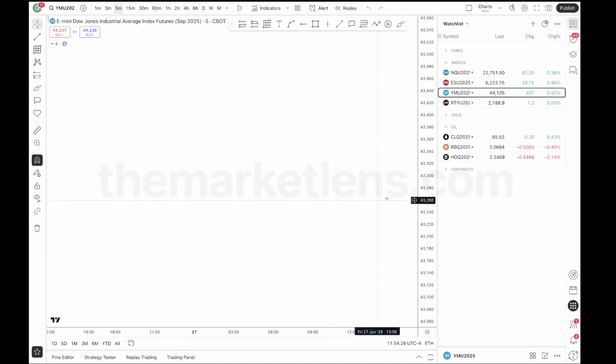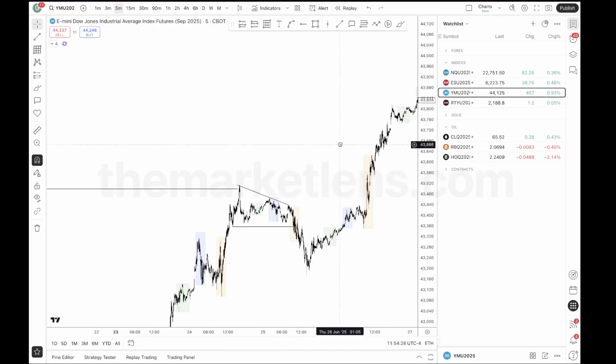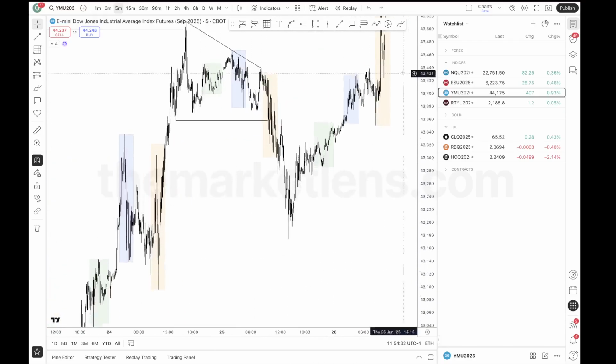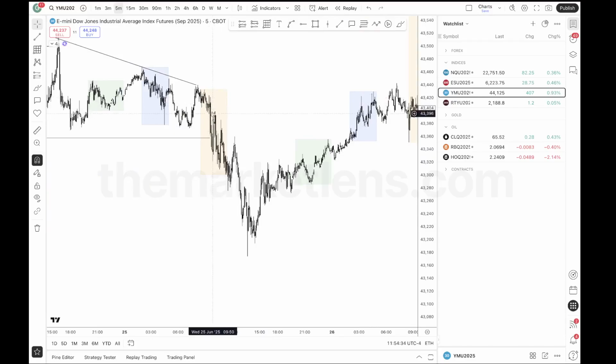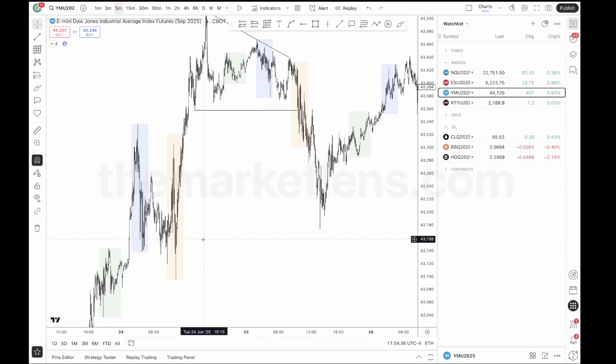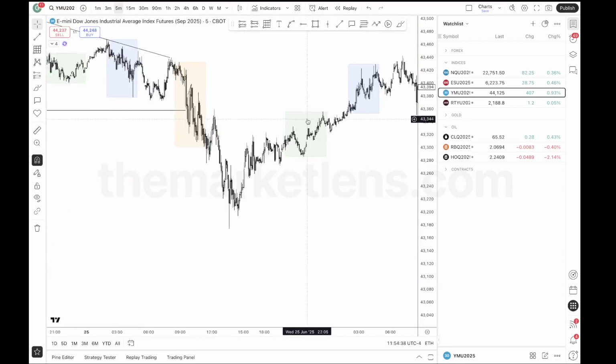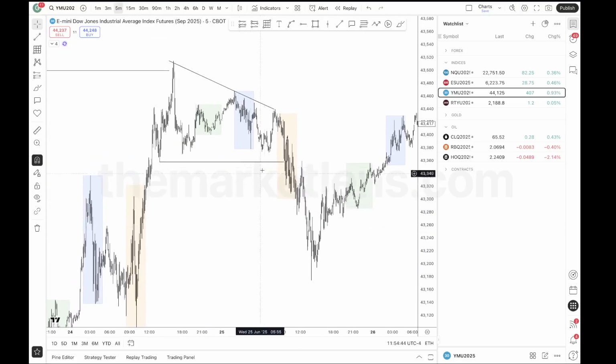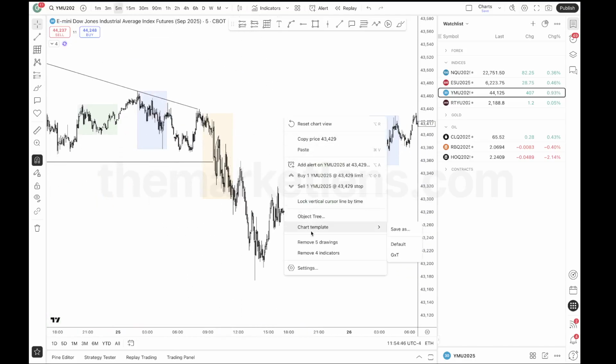So if YM is not really having much to draw into, then the other assets are kind of going to struggle as well. So it's not going to be some clean expansion lower, really, because the draw on liquidity is very far. Typically, when you have a draw on liquidity that's in close proximity, this is where price will just shoot straight to the highs or whatnot. But we didn't really have that. So yeah, I kind of just avoided this day.